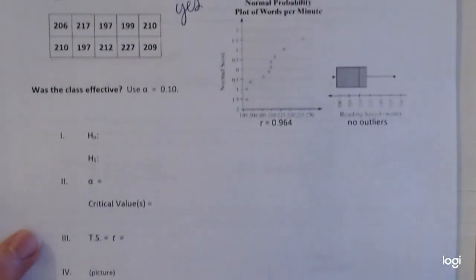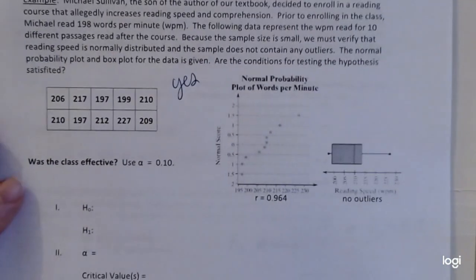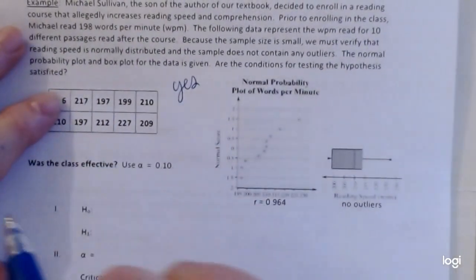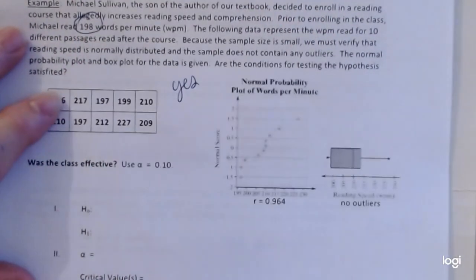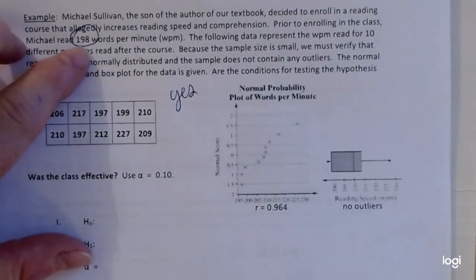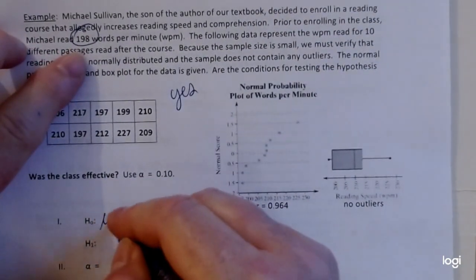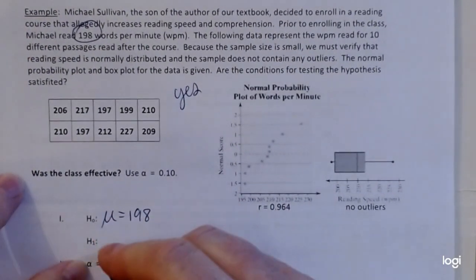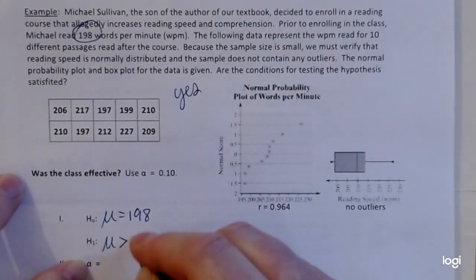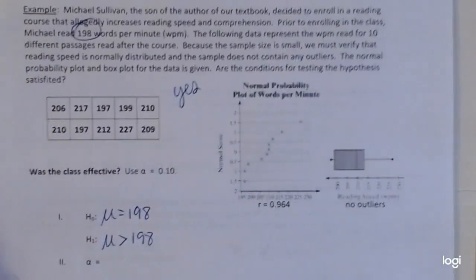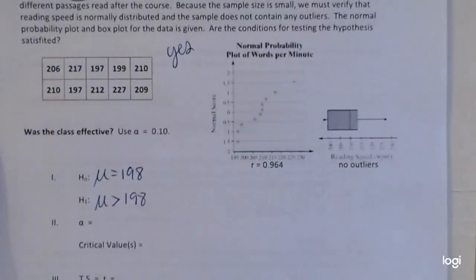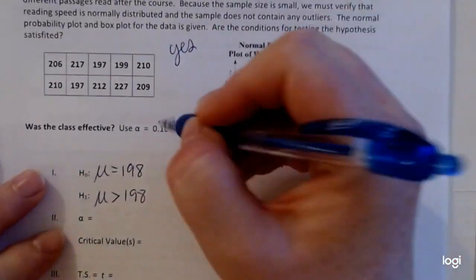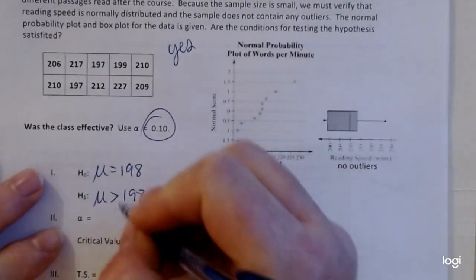So was the class effective? Remember, he was trying to improve his reading speed. So if this is the value that he read, the number of words per minute he read before, then the mean is 198. And we're looking at mean is greater than 198 because that would mean he improved his speed if he was reading faster. Alpha is 0.10,